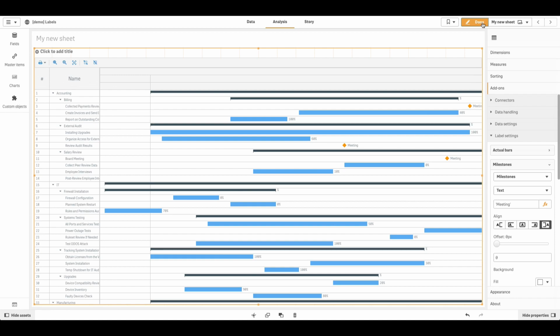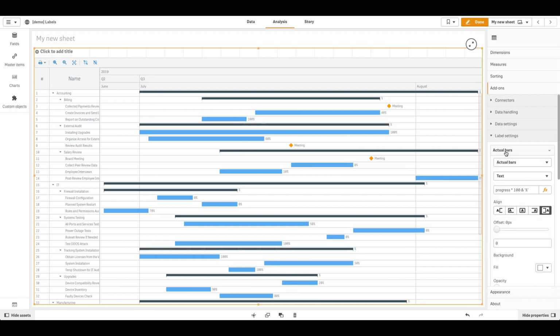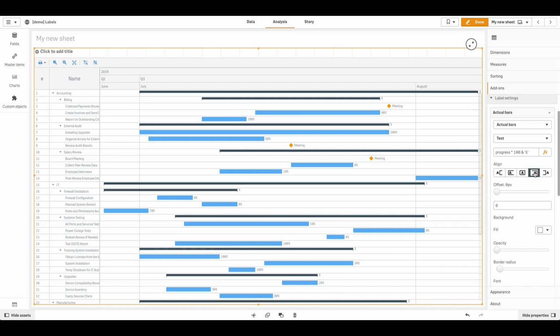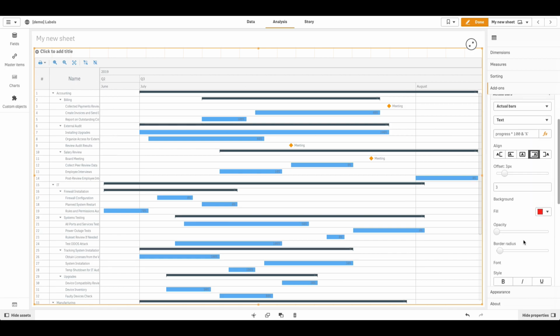To configure the position, background, and font of labels, return to Add-ons, then Label Settings in the Properties panel. Here are labels of actual bars. To set the position, use Align and Offset options. To configure the background, go to Background and use the Fill, Opacity,